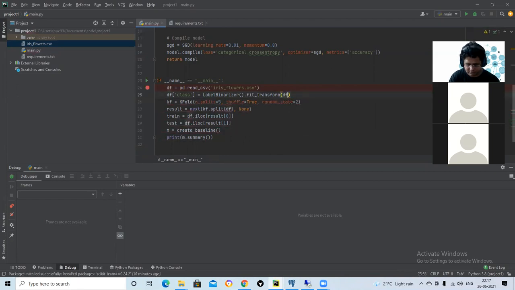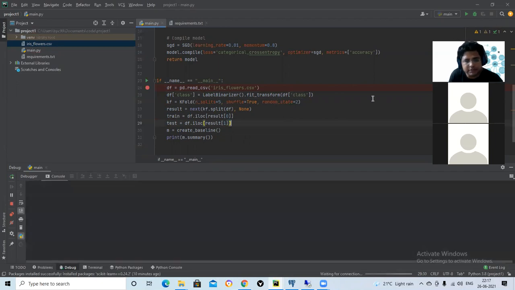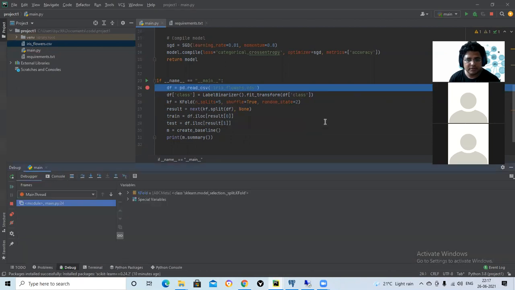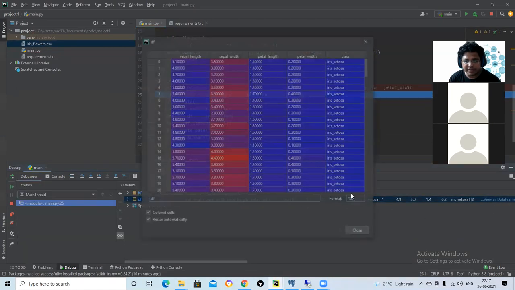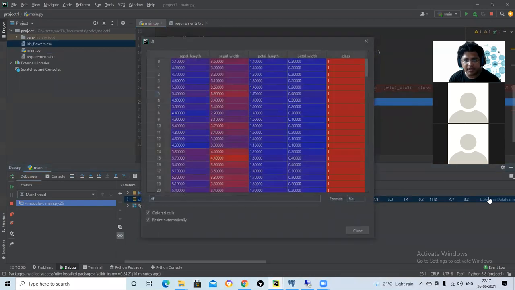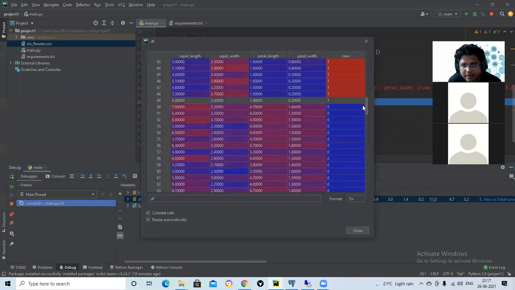I can use this one. Okay, you will understand what I'm trying to do here. See, first we read this data frame. This is like this, we know. Now I did label binarization. What does it mean? See, this got a class called 1.